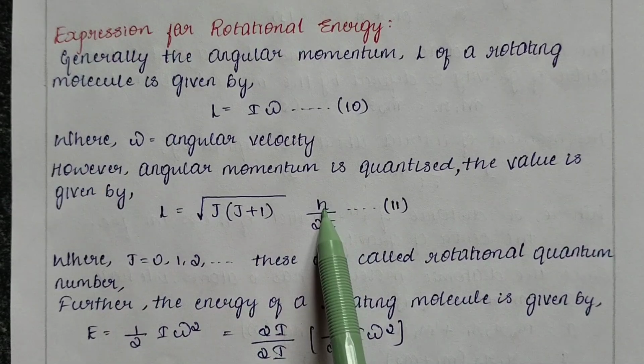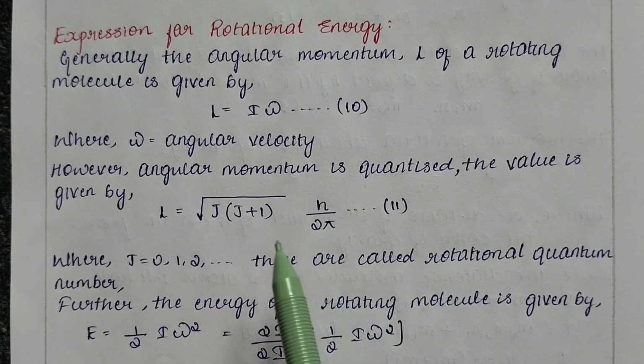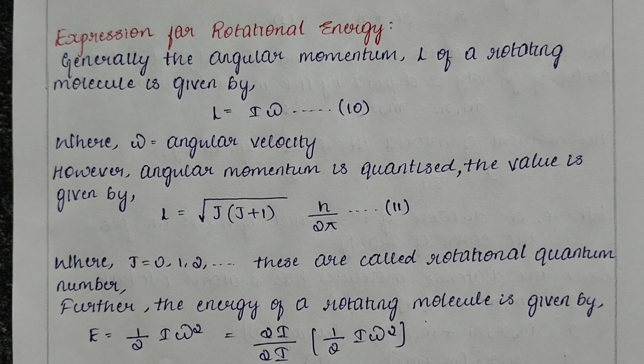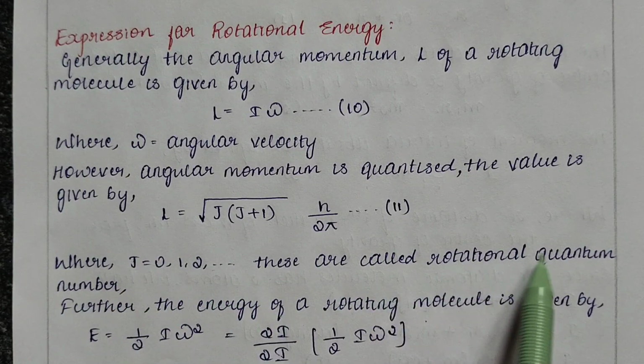And h is the Planck's constant, and pi, we know it is a constant value, that is 3.14. Now, since we got to know that j is equal to 0, 1, 2, 3 and it goes on continuing, these are called rotational quantum numbers. And further, the energy of a rotating molecule,